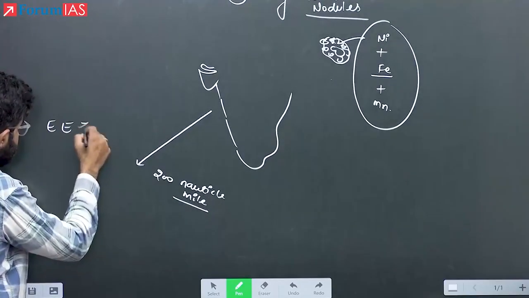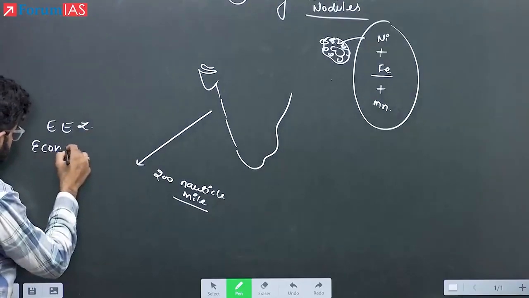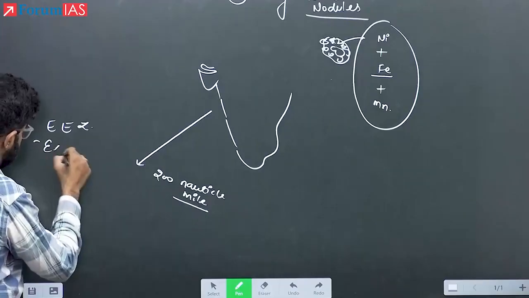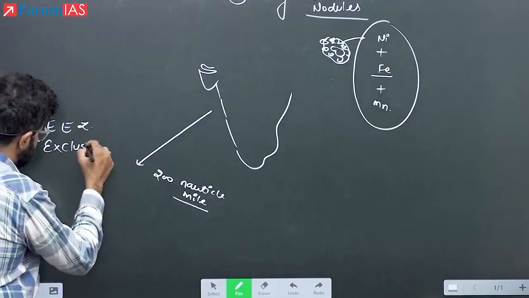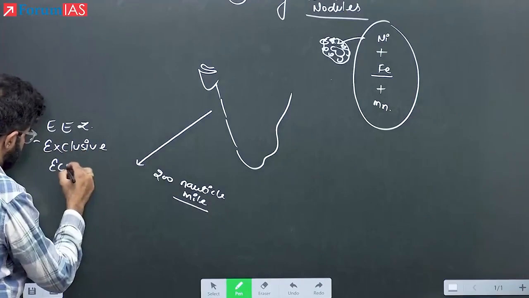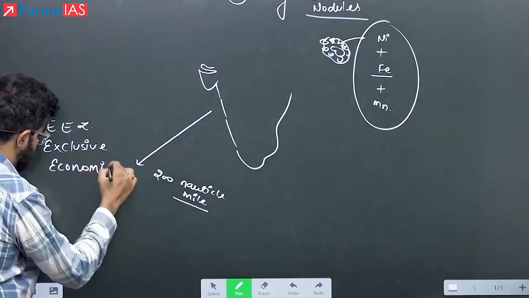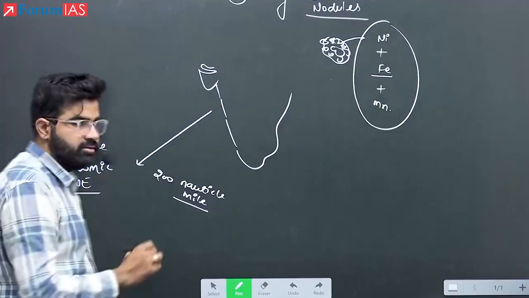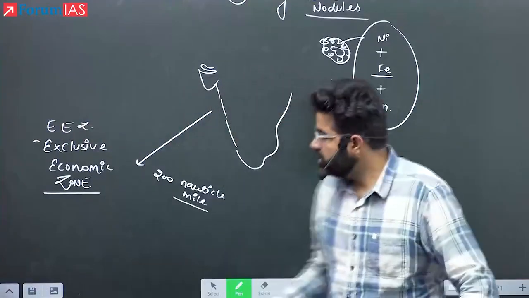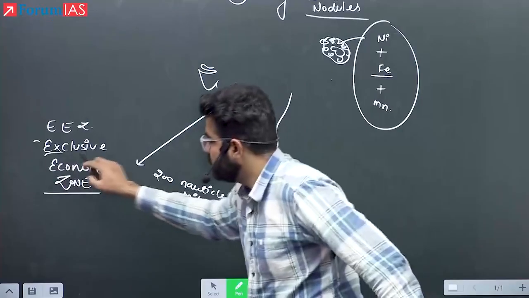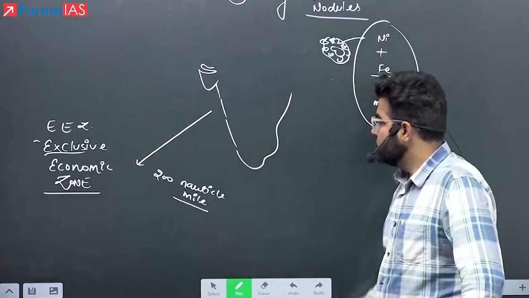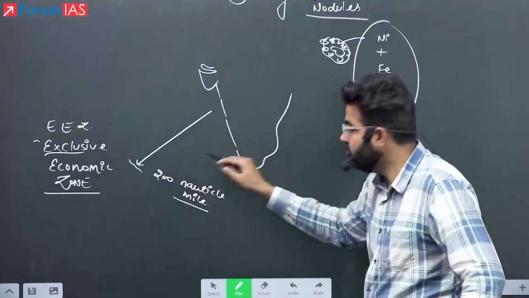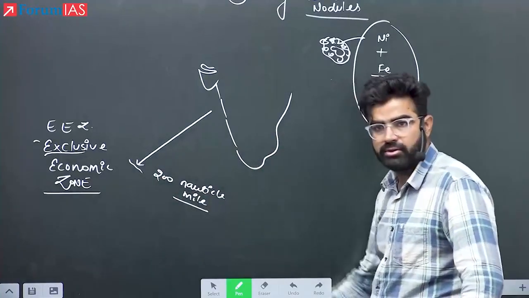This is known as the EEZ, that is, the exclusive economic zone. In this EEZ, any country can go for the exploration of minerals which are economically important. So India can also explore the waters of the Indian Ocean for up to 200 nautical miles